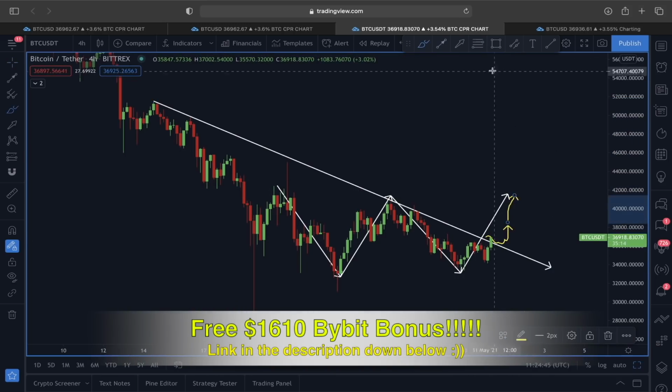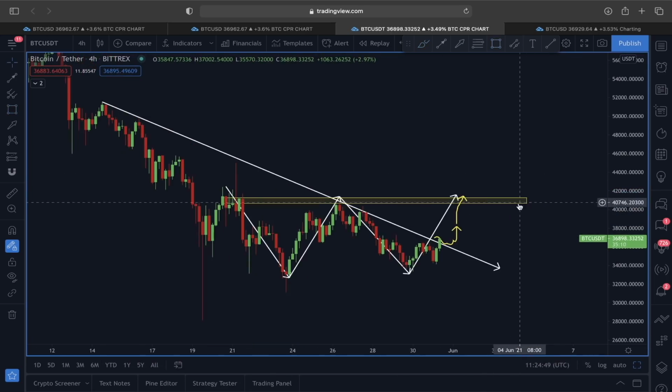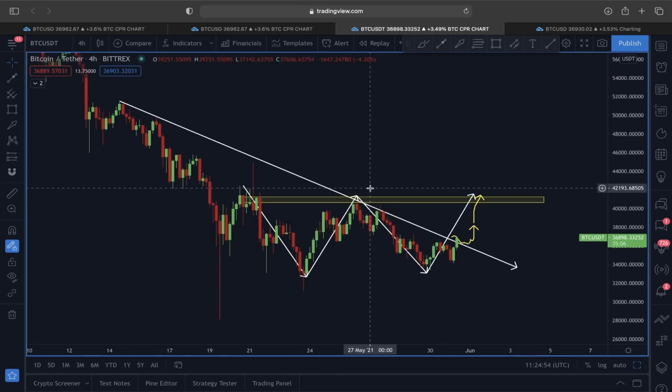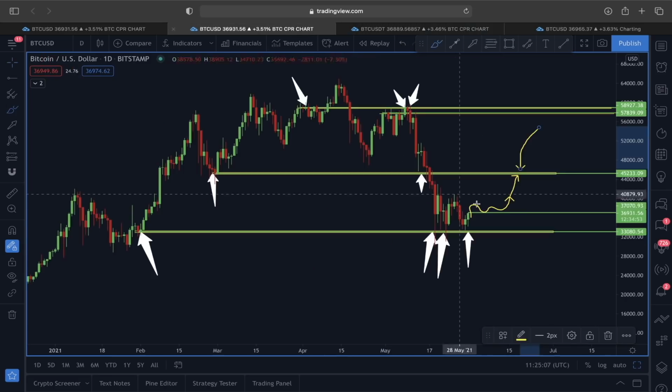And if we are going to hit to the upside right now, the neckline here is one very important price area. So that's going to be around $40,000 to $41,000. So in the short term, we are expecting some impulsive move. If the previous line which acted as a resistance is going to hold the price, then 40,000 is our short-term price target. I showed you with the previous example, according to the monthly candle close level, if we are going